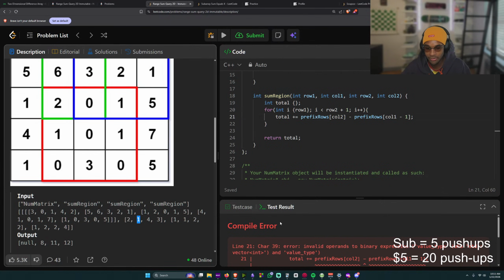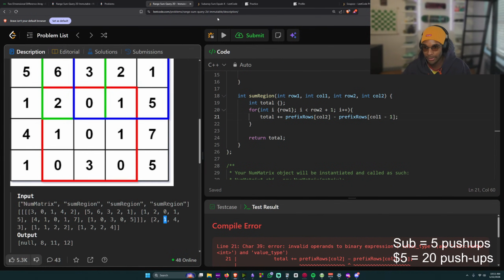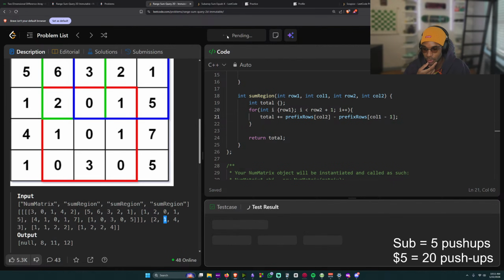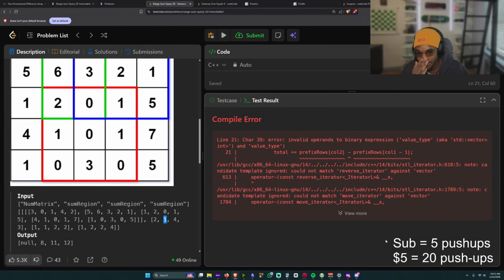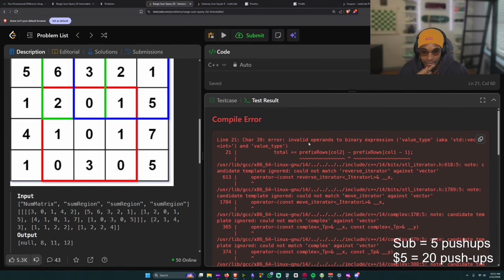Dude, why is this not working? Yeah, but I definitely want to do the Raylib thing because you can learn OOP. But at the same time, I want to make sure I finish everything I started. So we got to make sure we finish this C++ book. What does this error mean? Invalid operands to binary expression. Minus? Is minus an error? You can't do subtraction?